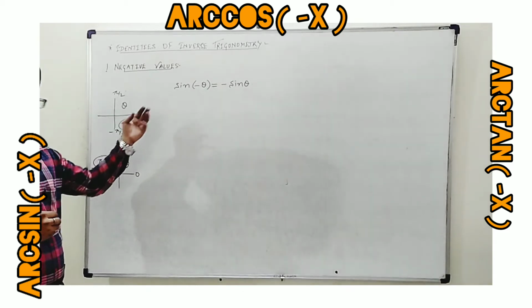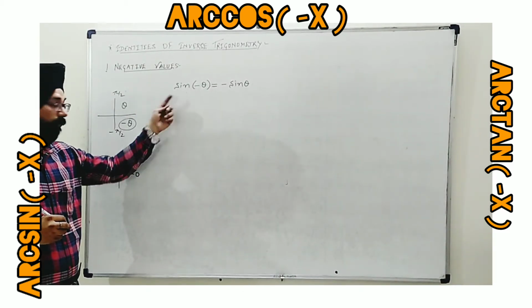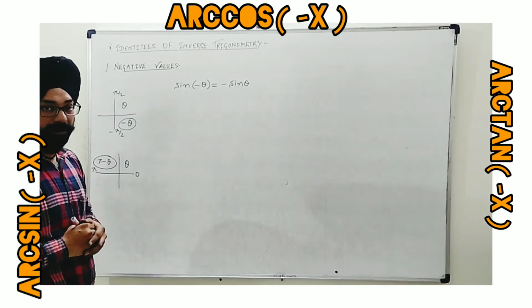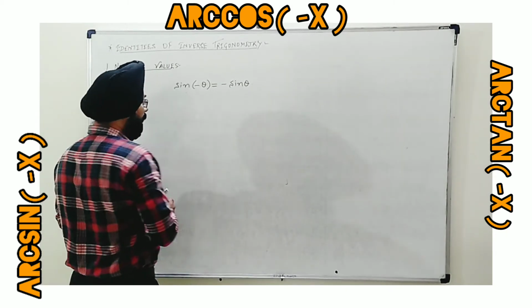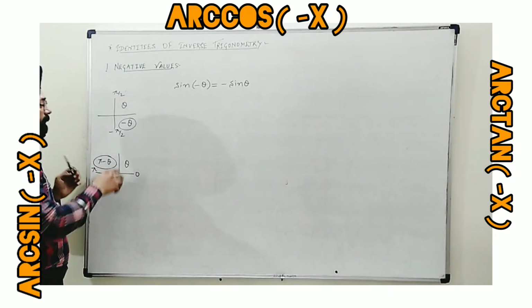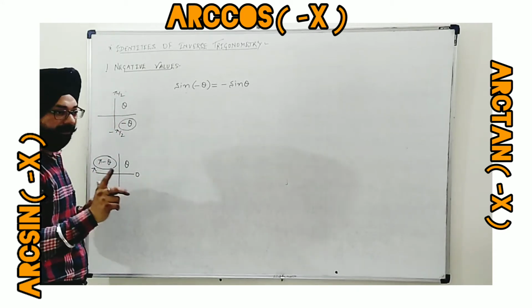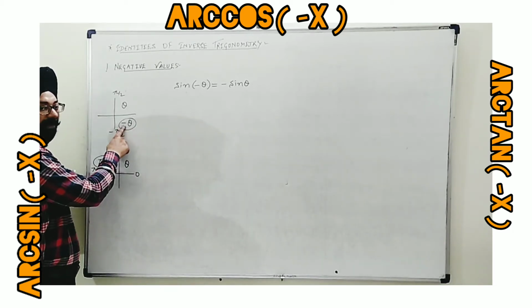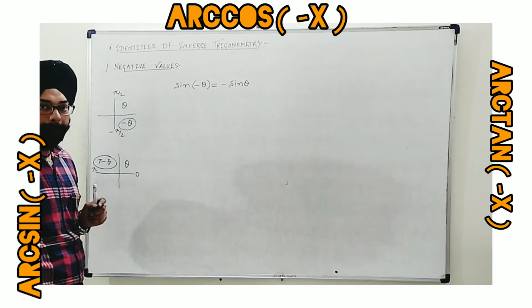I will explain for sine, and the same will be done with all those which belong to the same group. Sine of minus theta is minus sine theta. In this relation, I have taken sine of minus theta because we have two patterns only, theta and minus theta. And when we get negative values in inverse trigonometry, it's minus theta. That's why I have taken the identity of minus theta here.